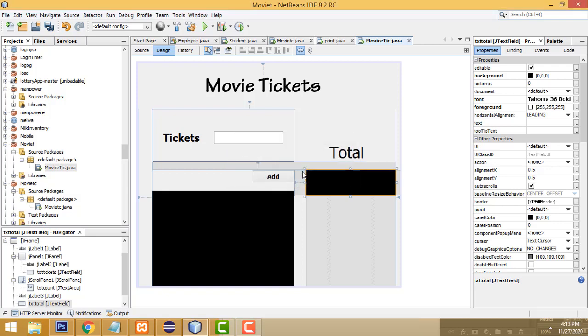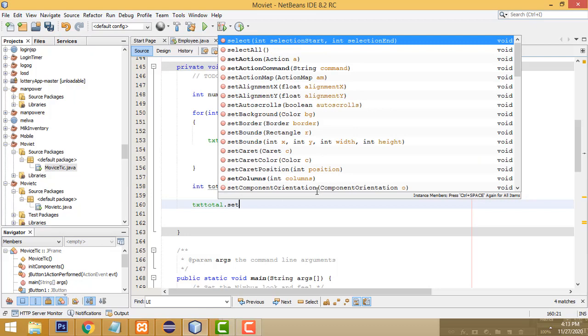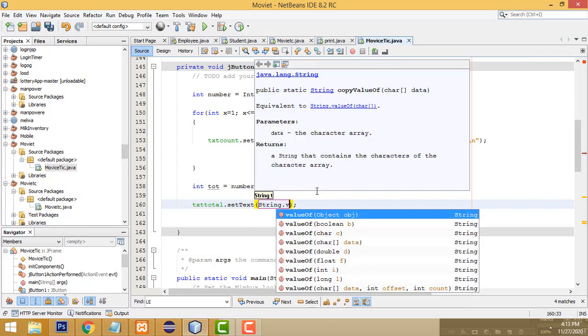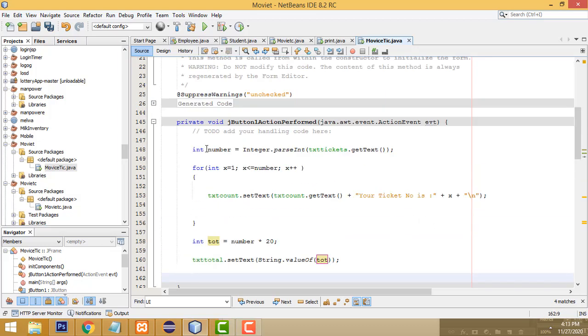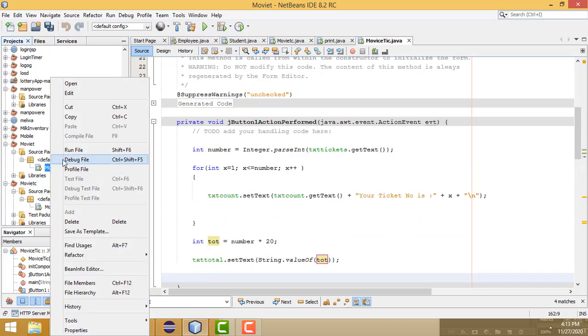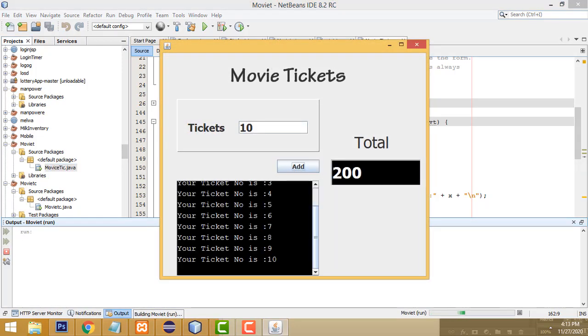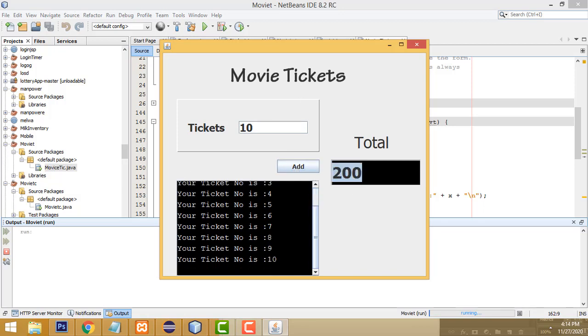Copy this one, so write txt total dot set text, here string dot value of. Okay, this is the thing we have to write. Okay, now let's check whether it's working fine or not. 10, it's working perfectly well here. 10 tickets are printing here, it will be 200, right?